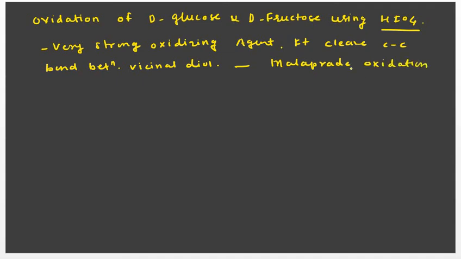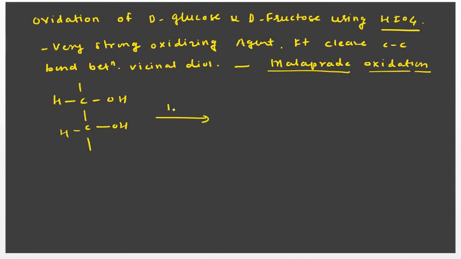So oxidation of vicinal diols in the presence of periodic acid is known as Malaprade oxidation, remember. So what is the speciality of this reagent? Now what are vicinal diols? Suppose HCOH, and again we have another HCOH, and the rest of the molecule is different. When we use this periodic acid, HIO4, it can break this bond directly to form these two fragments, HC double bond O plus HC double bond O, like this.